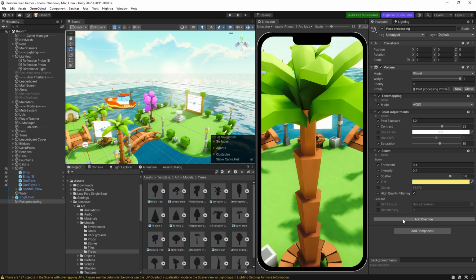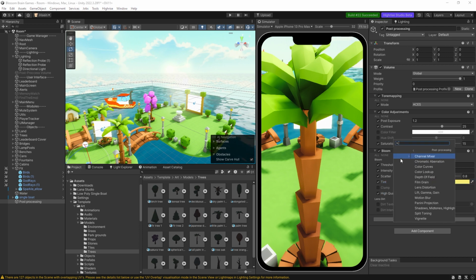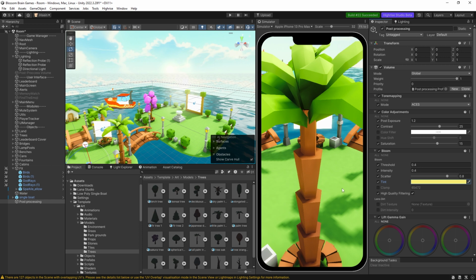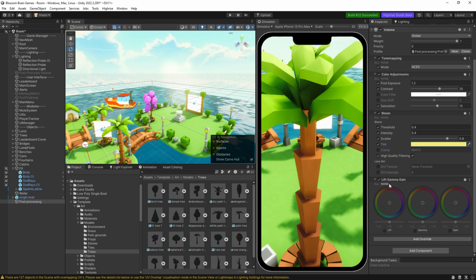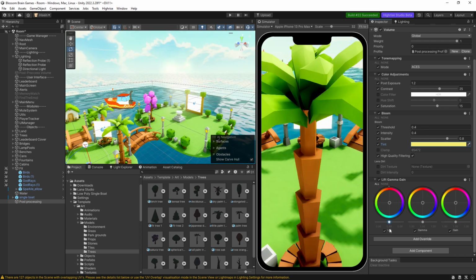And I'm also going to add gamma and gain. So post-processing, lift, gamma, and gain. Now this is gonna be a bit tricky, but this basically changed the entire thing. So I'm gonna enable everything. I'm gonna hit all, and I'm gonna change the values right here for the lift to something like, let's see,